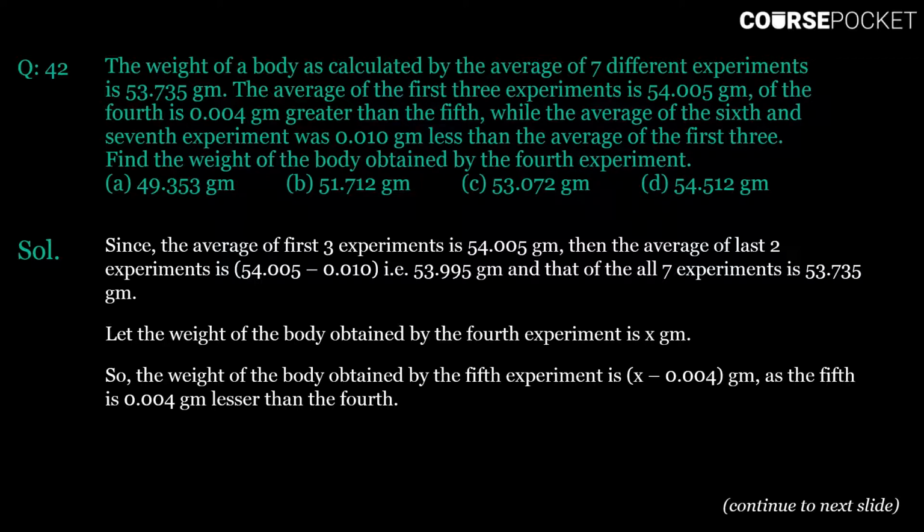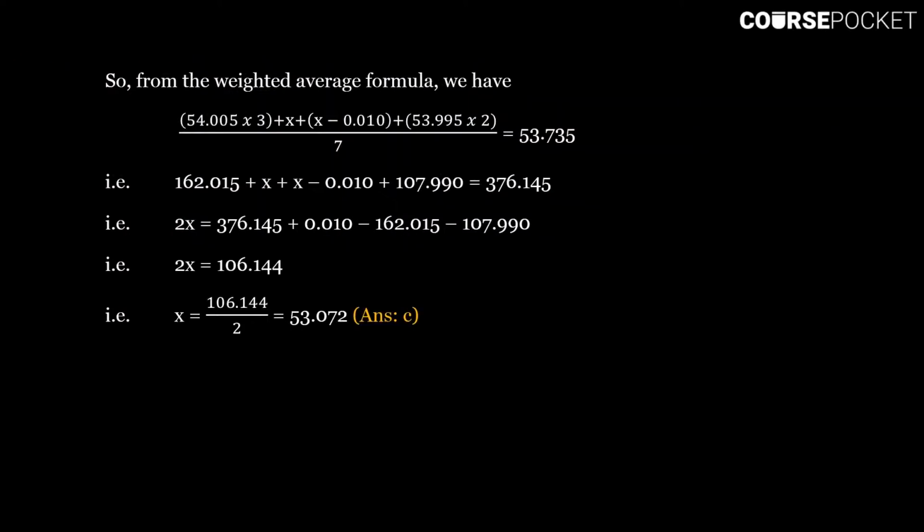So let us take the weight of the body obtained in the fourth experiment is x gram. So the weight of the body obtained in the fifth experiment is x minus 0.004 gram, as the fifth is 0.004 gram less than the fourth. Also, the average of first 3 is 54.005 gram, and then that of 6 and 7 is 53.995 gram. So, from the weighted average formula, we get